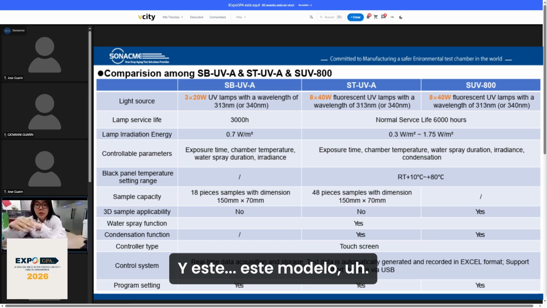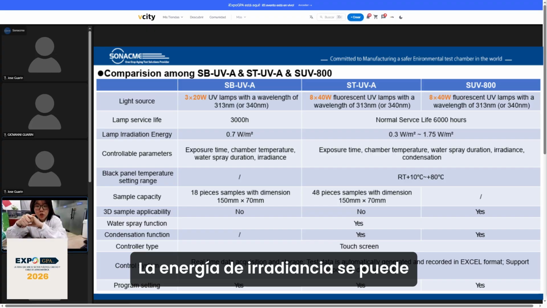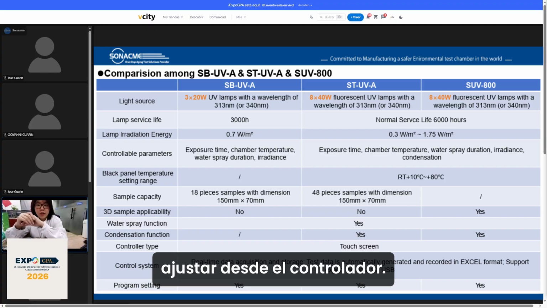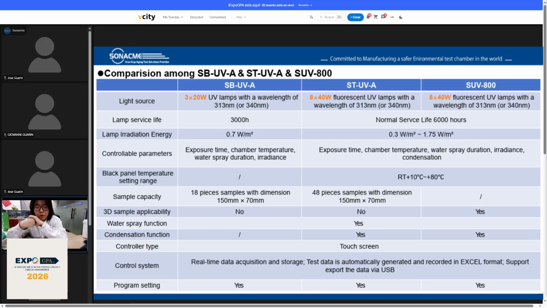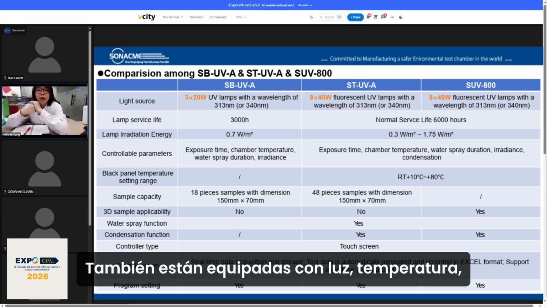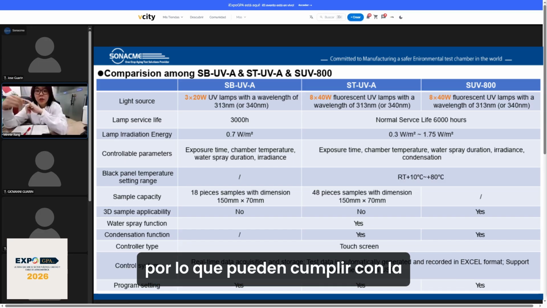In this UV test chamber, the irradiance energy can be adjusted in the controller. The irradiance energy range is from 0.3 to 1.75. They also have light, temperature, spray, and condensation functions, so they can meet most industrial standards